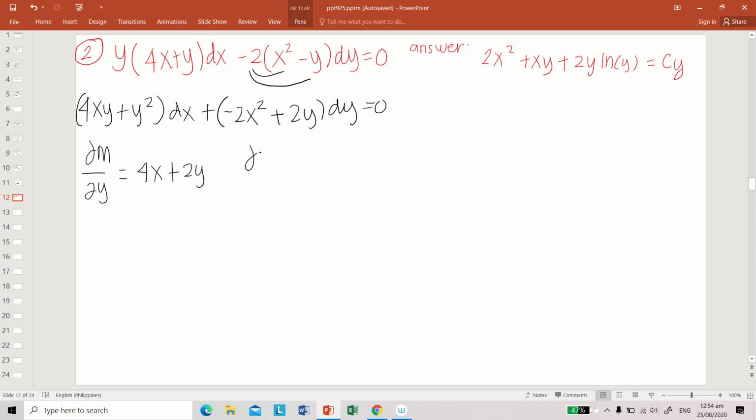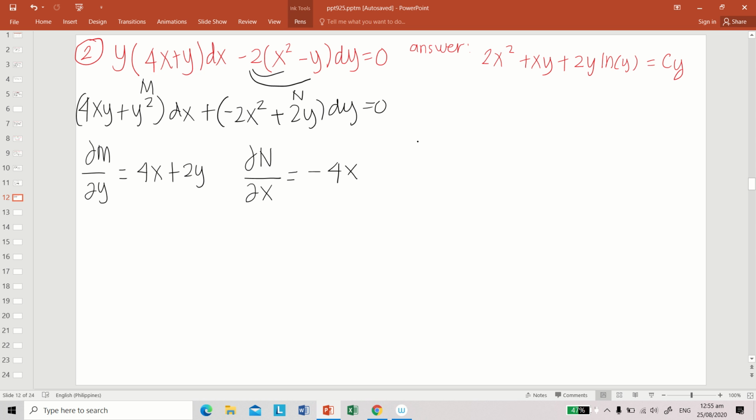Then taking the partial derivative of n. By the way, this is our m and this is our n. So partial derivative of n with respect to x, we're going to have negative 4x, and then 2y will become 0. As you can see,